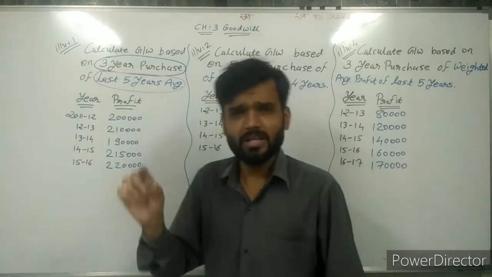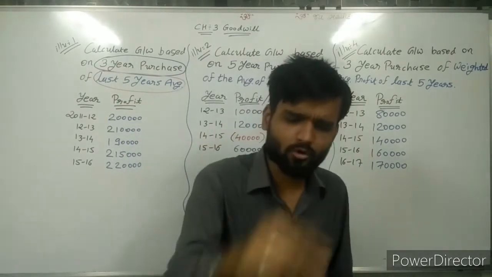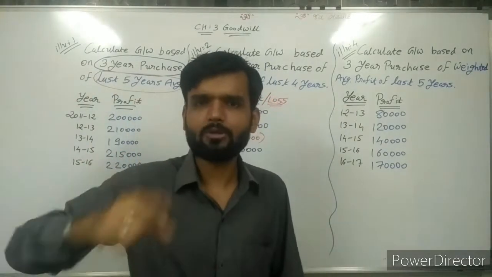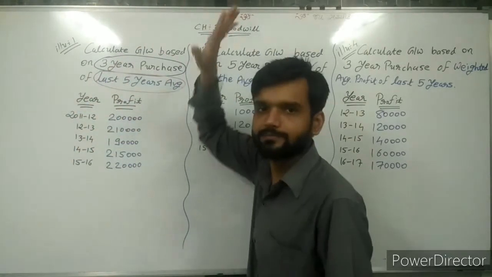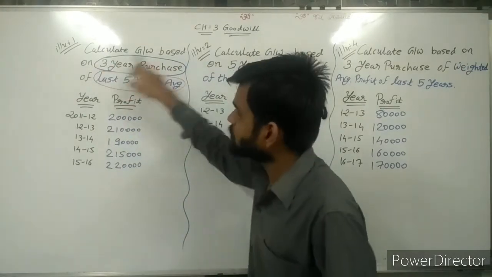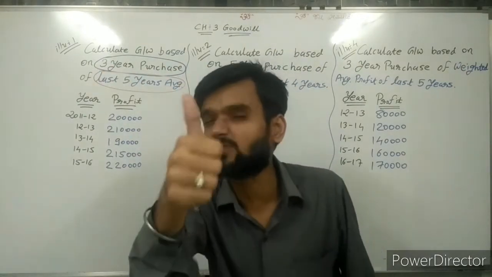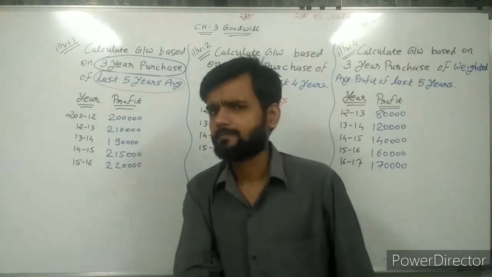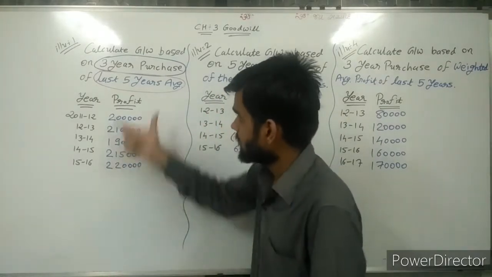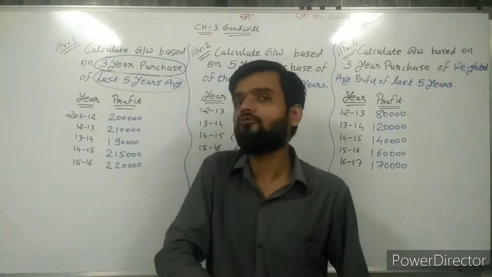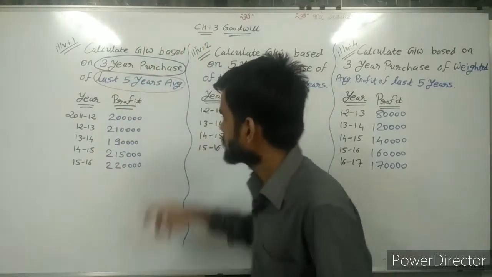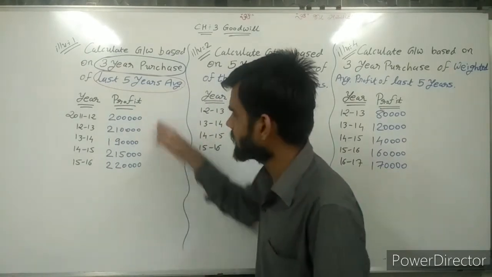Now this sum is written in short. In your textbook, detailed information is given that you can read from the textbook, but the main information which is required is written here. So try to understand. So goodwill is based on 3-year purchase. How many years' purchase? That is very important. We will discuss it later. So first of all, consider 3-year purchase. Last 5-year average, so we need to find the average of 5 years. So here 5-year information is given, clearly given. Profit of 5 years.